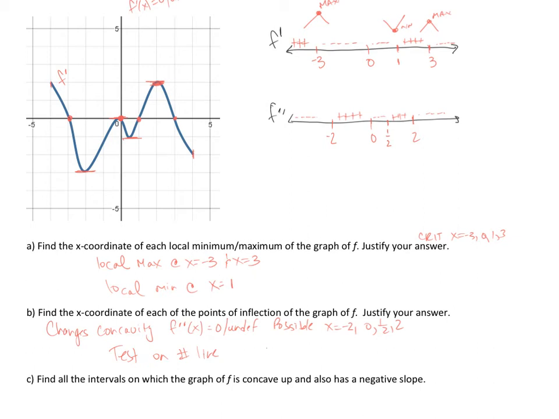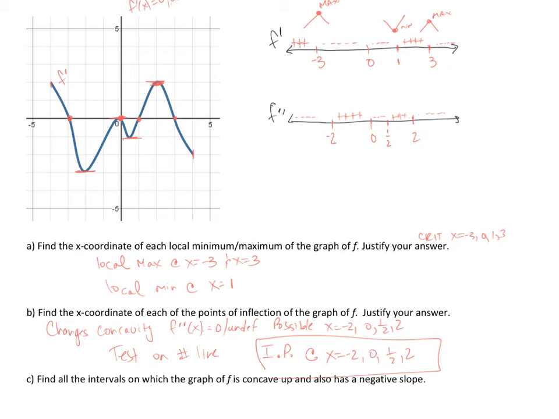So inflection points at x equals -2, 0, 1/2, and 2. All of them. All right, for part C, it said